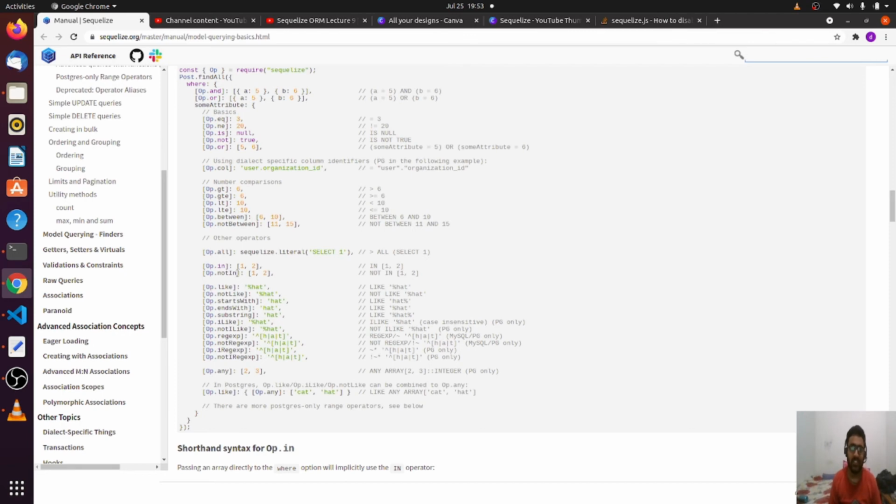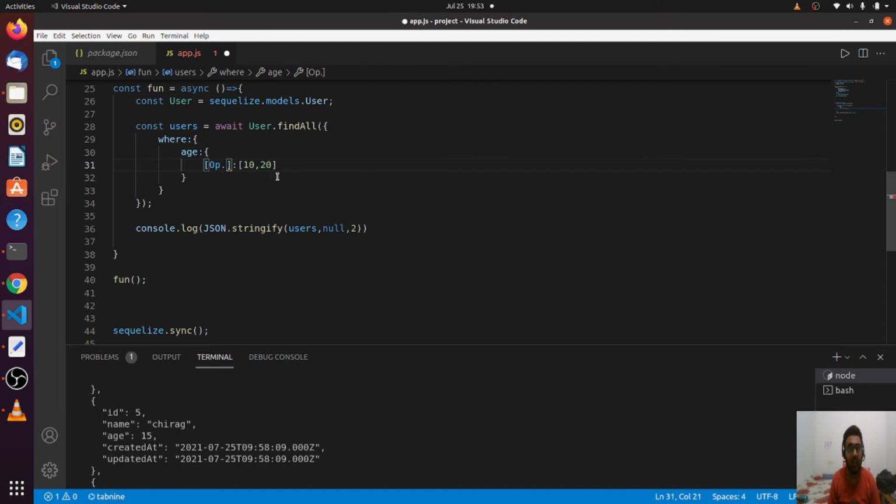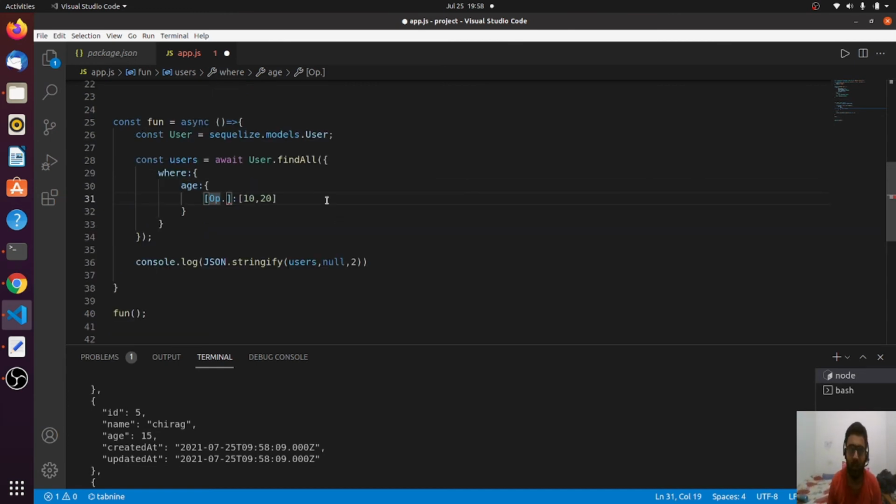And for the sake of information, I want to tell you, you don't need to cram any of this. I have told you the basic ones, this is just a general understanding. Okay, I want greater than, I want less than. So the keywords are very simple. Even at some point of time when you are working on any project, you can go anytime to the Sequelize documentation and refer to that. You don't need to learn any of these things.